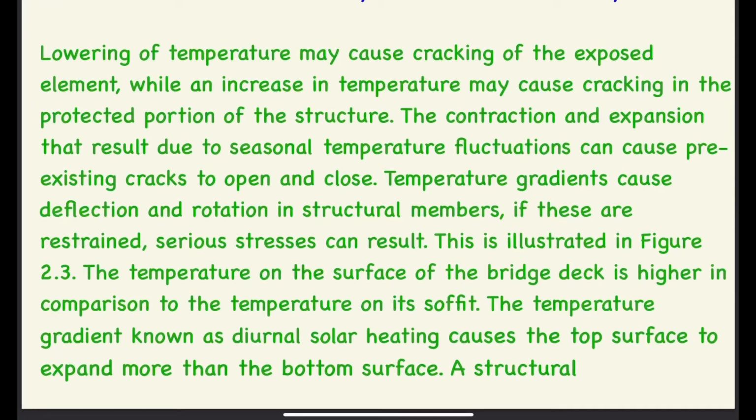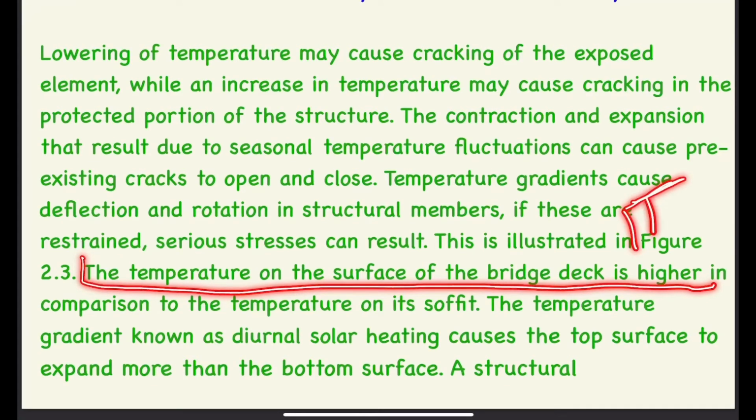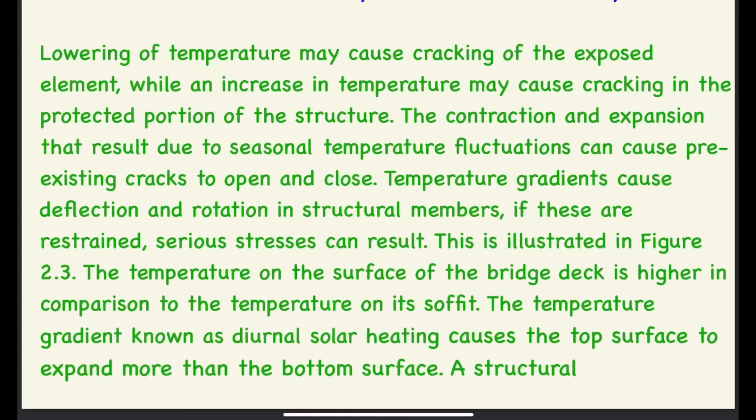Okay, so we will see. There is a figure we will look at. What that figure is telling is that the temperature on the bridge deck is higher. The temperature gradient is known as diurnal solar heating, which causes the top surface to expand